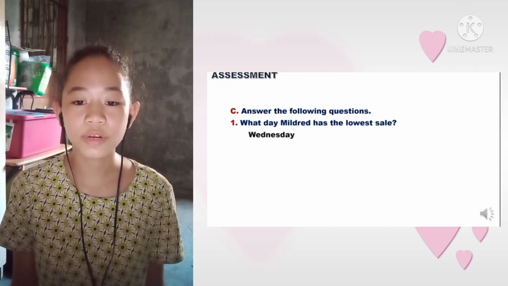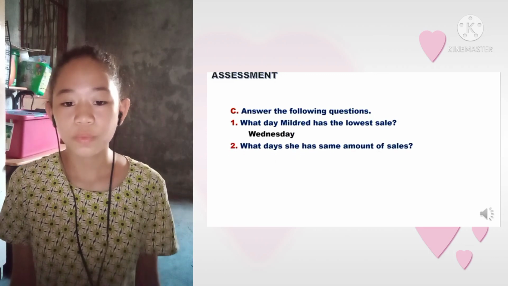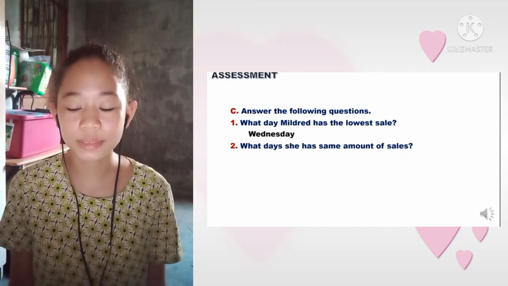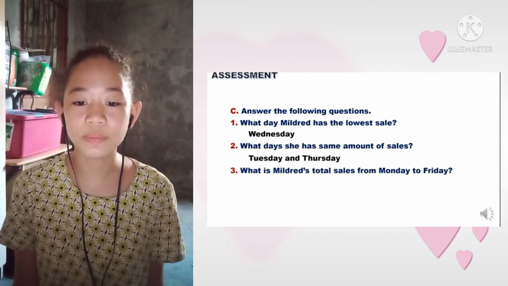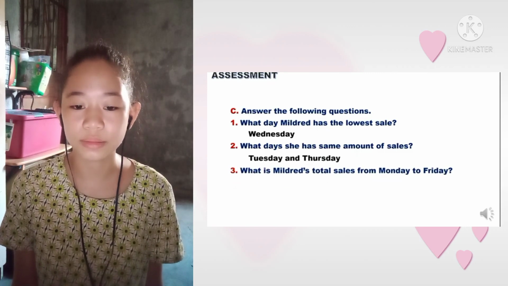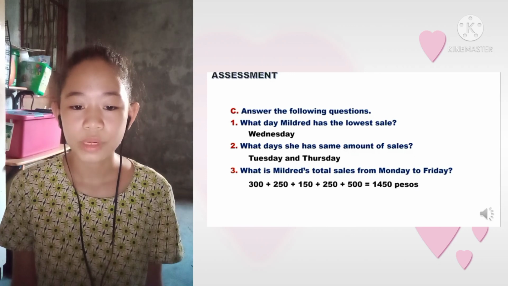Answer the following questions. On what day did Mildred have the lowest sale? Wednesday. On what days did she gain the same amount of sale? What was her total